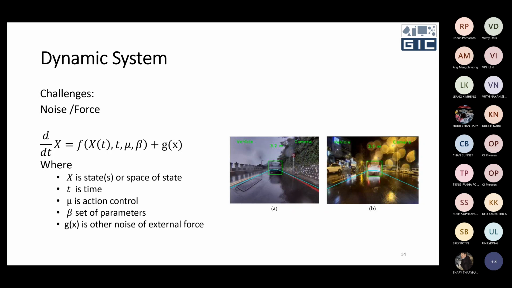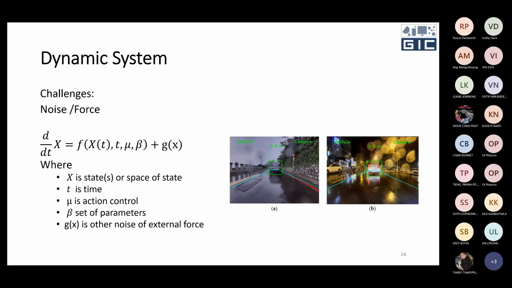They have the obstacle, the noise from the environment. For example, the light of the other car, the light of the road, the dark of the night. So it produces some bias or some noise that makes our system not work properly. Some internal force, for example, the wind flow, makes the car's movement not like in our simulation. So those kinds of things are called bias, noise, or internal force. So this is one challenge in representing the system.